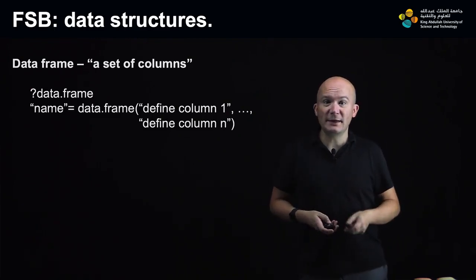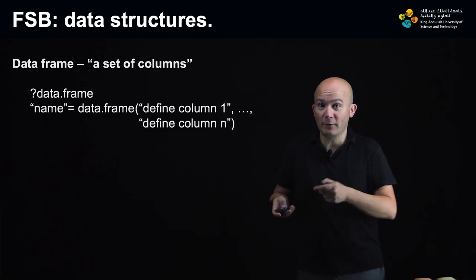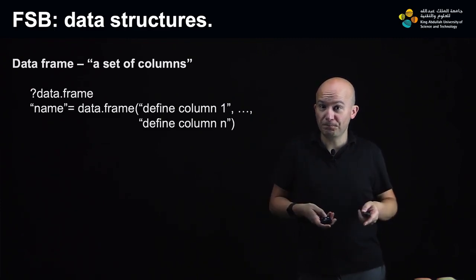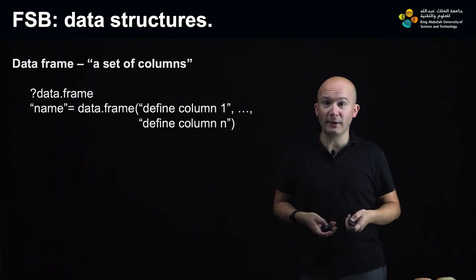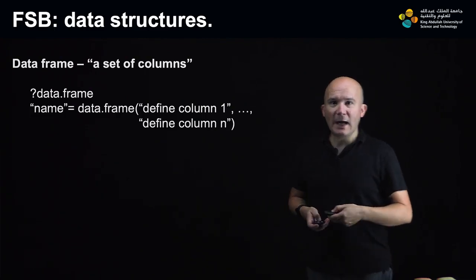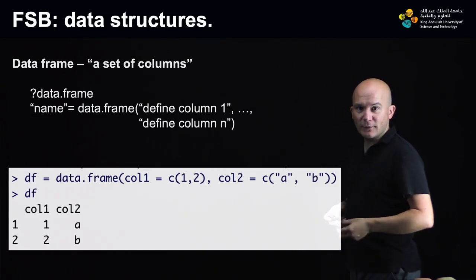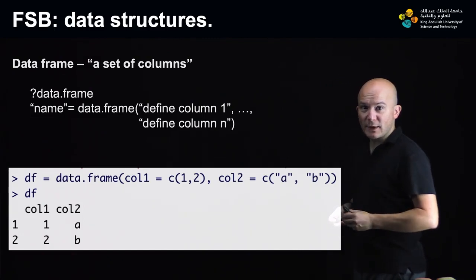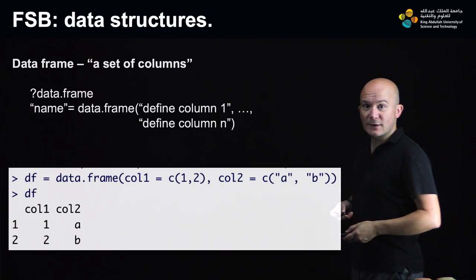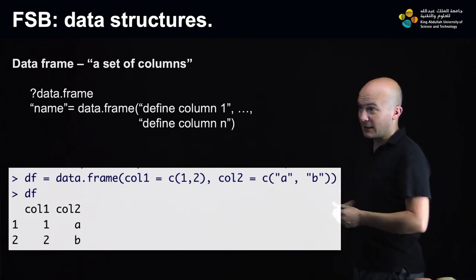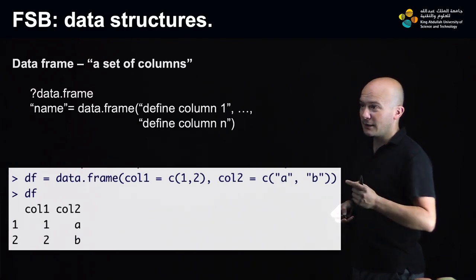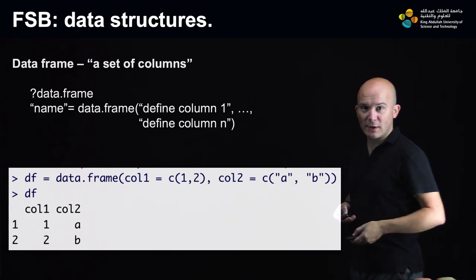Secondly, you can guess the syntax. You need to provide the information for each column and the name of the variable. See our example here, where we generated a data frame with 2 columns, where the first one is numeric and the second one contains characters. Why do I know they are characters? Because of the quotation marks.